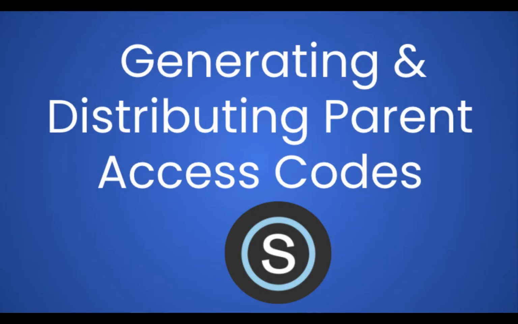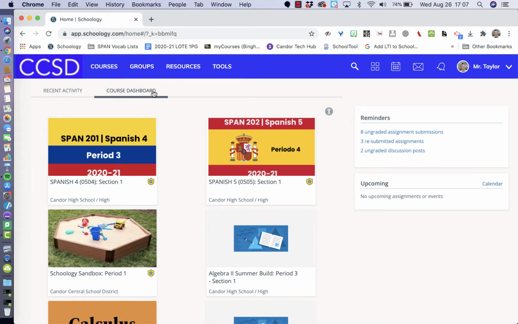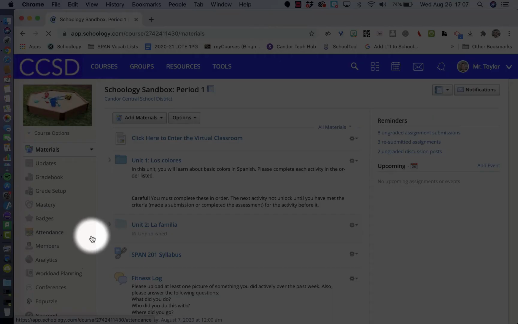Today we are going to talk about how to distribute parent access codes for students on Schoology. After you're logged into Schoology, you should be looking at the course dashboard as you can see here. What you'd like to do once you're here is navigate to the course for which you'd like to distribute parent access codes. I'm going to just jump into this Schoology Sandbox course,